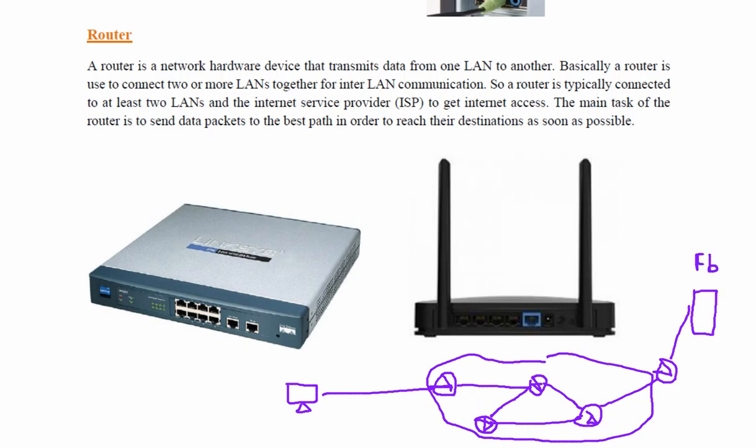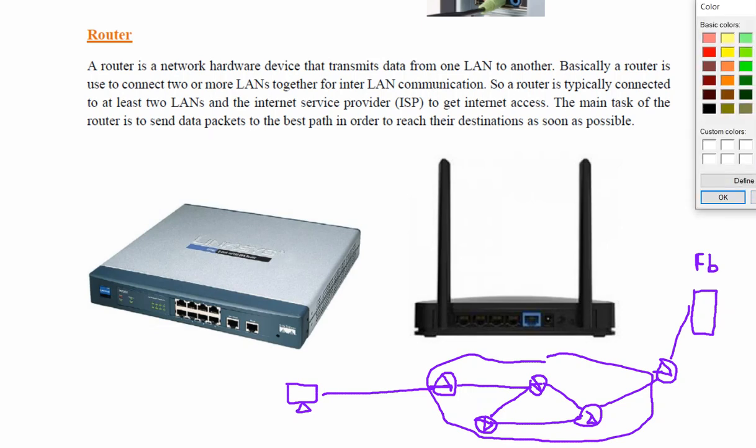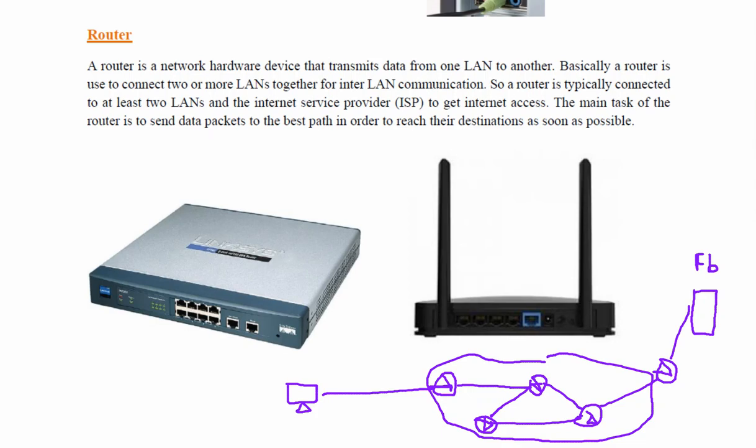Okay. So then what this router does is, when we try to access Facebook from here, the first request will be sent to the router closest to the device. The request will be sent to this one. Again, if we check here, there are several paths that we can send the request to the Facebook router.